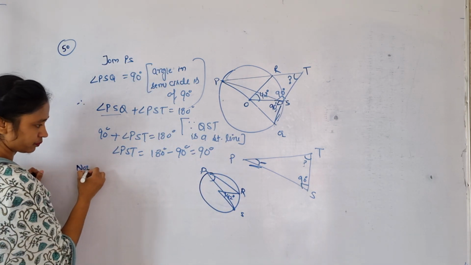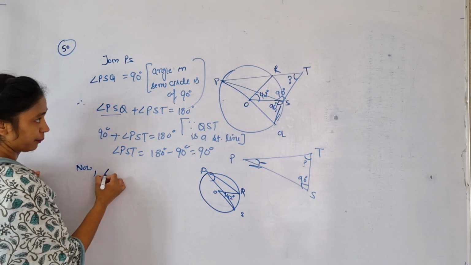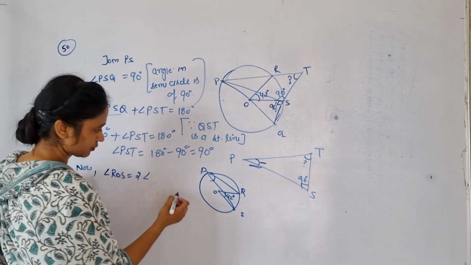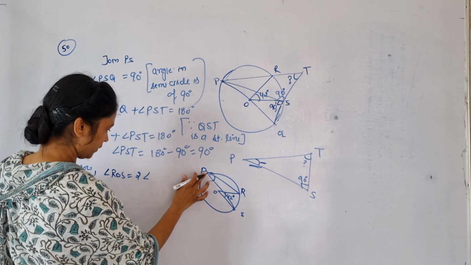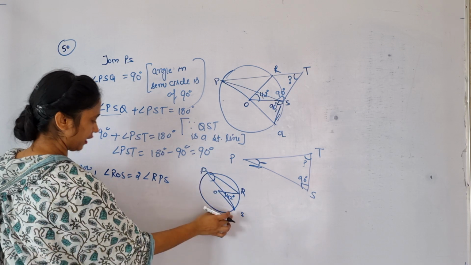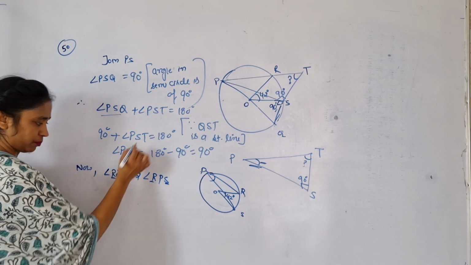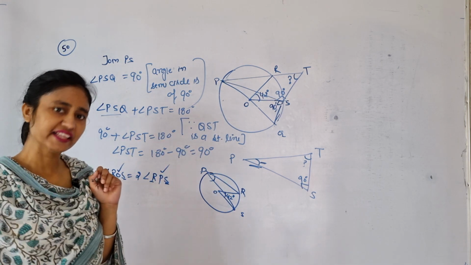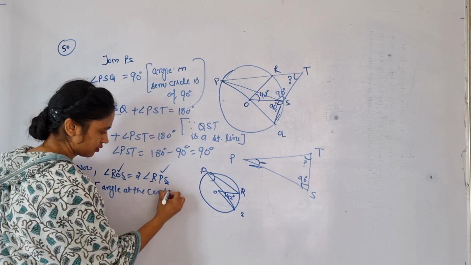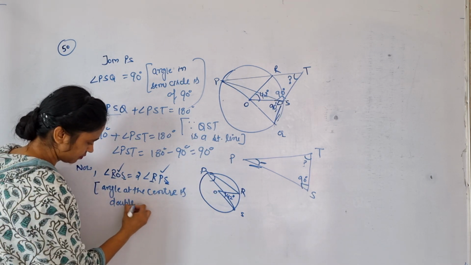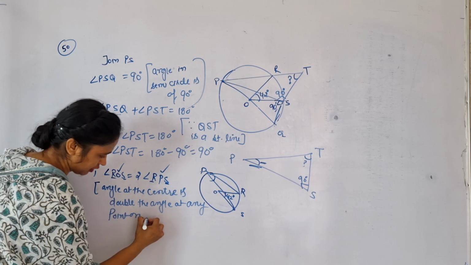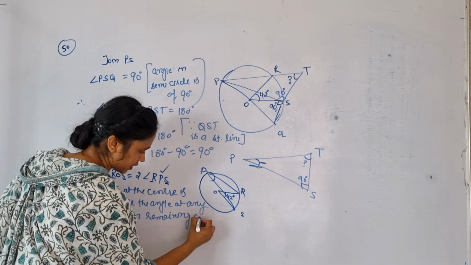ओके, नाउ here is Q. Okay, means angle ROS is equal to 2 times angle RPS. ठीक है, RPS you can say, ROS डबल द एंगल RPS. ठीक है, RS से, ठीक है, एक सेंटर पे एंगल बना है, एक एनी पॉइंट ऑन द रिमेनिंग सर्कमफ्रेंस पे. ठीक है, सेम रीजन यू विल गिव. ठीक है, एंगल एट द सेंटर इज डबल द एंगल at any point on the remaining circumference of the circle.